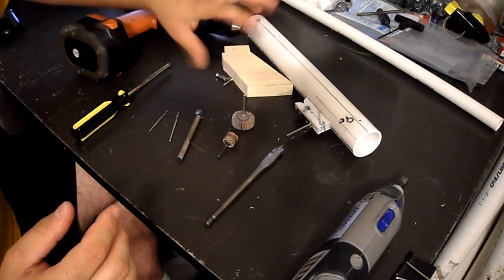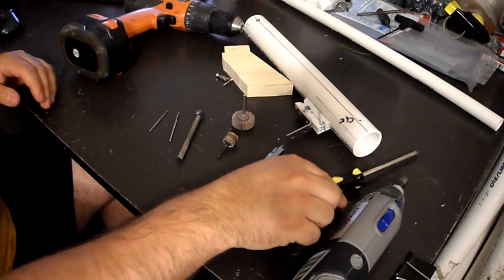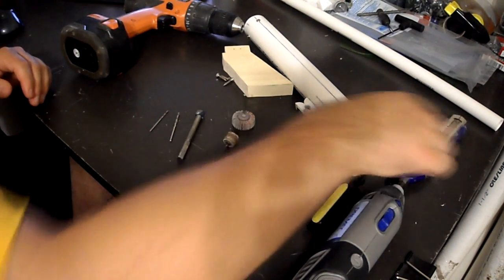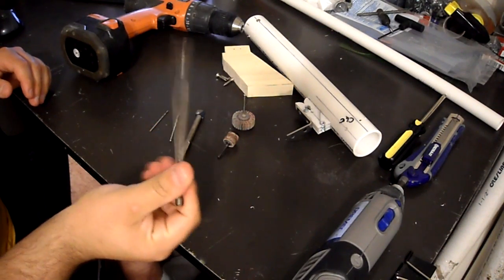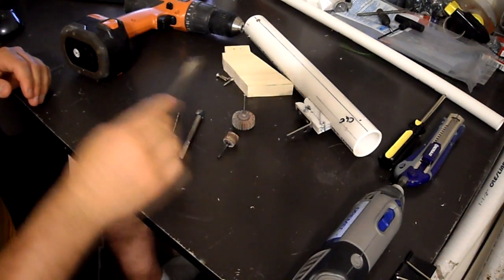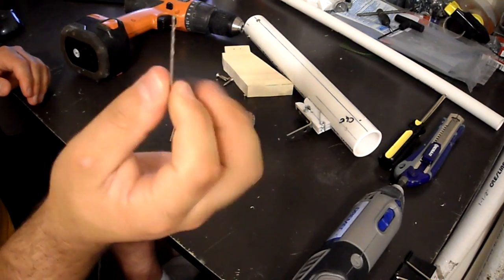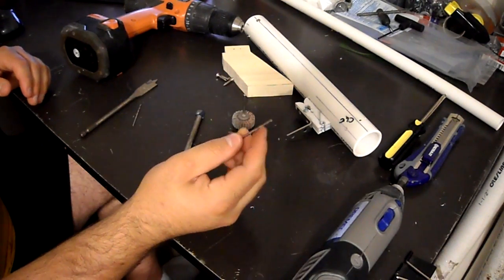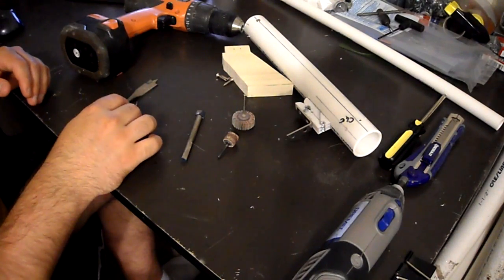Now that's really all the material that we need. The rest of it's going to be tools. You're going to need your screwdriver. You're going to also need a knife for deburring your edges. You're also going to need a 9/16 spade bit, or you can use a Dremel. It just really depends what you want to do. A 1/16 drill bit, again for all of our pilot hole drilling. A 3/32 drill bit, just for drilling into the wood so we get a nice surface for the screws to